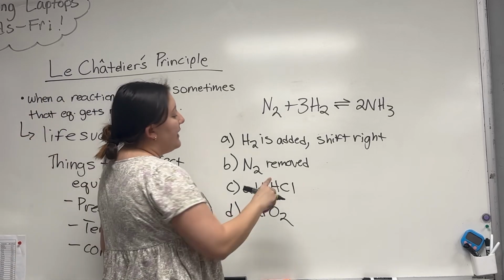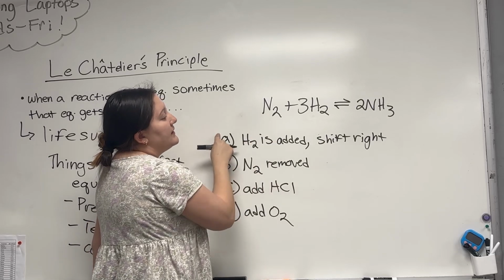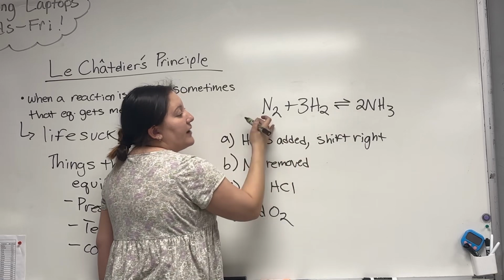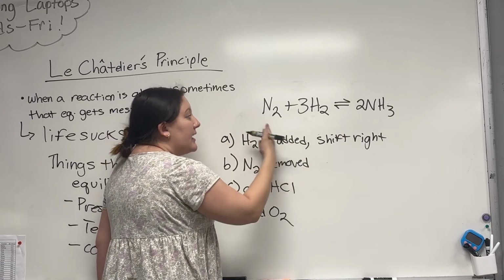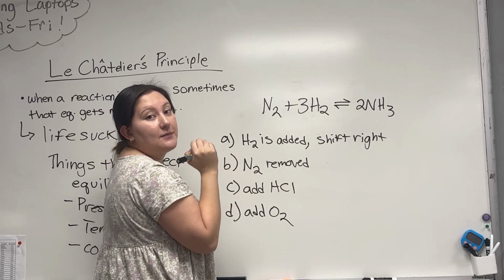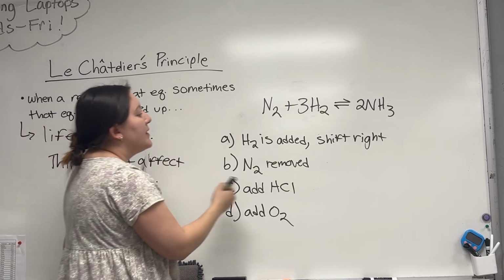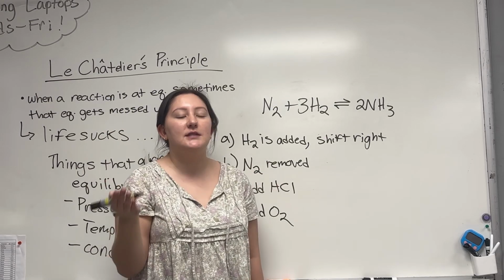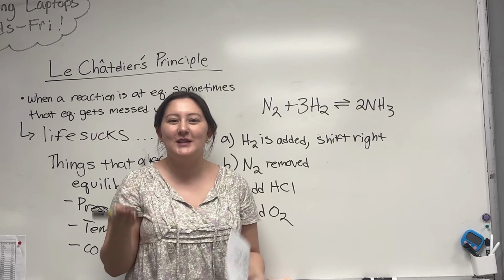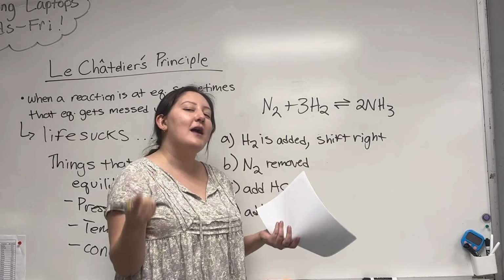Okay, so then if N2 gets removed, if I'm removing this, I've just created this gap, this hole. So now this reaction should shift to the left so that it can start making N2 again to fill in the gap that I've just created. It's almost like if I've created a little hole, we've got to patch the hole, okay? So remember when I was telling you, we're gonna be doing a lot of this. Sometimes it helps to actually do this while you're doing this and kind of do this back and forth. I don't know why, but that does help.